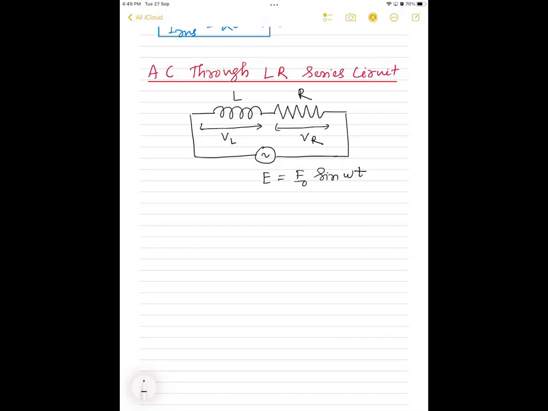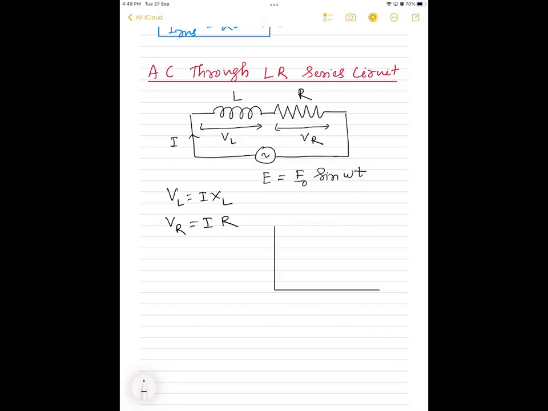And let I amount of current be flowing, and you know VL is equal to I into inductive reactance XL, correct? And voltage across resistance, current remains the same, I into R, correct? And here in an inductor, I lags voltage by pi by 2, right? Current lags the voltage by an angle of pi by 2. Yes or no? अगर हम यहाँ पर रेफरेंस लेंगे, अभी अगर मैं फेजर डायग्राम बनाऊं,